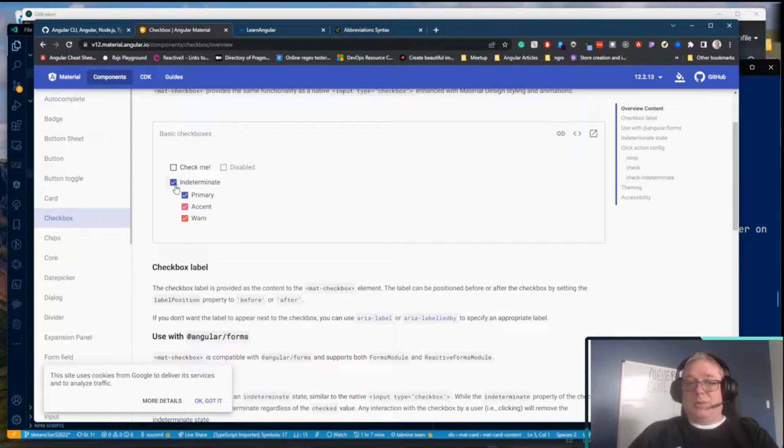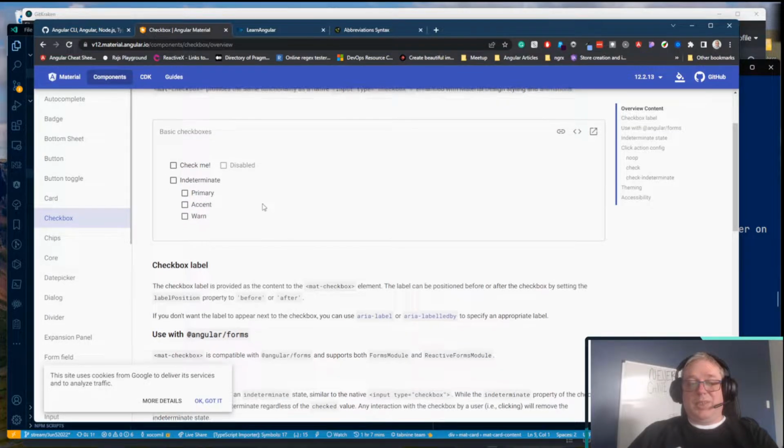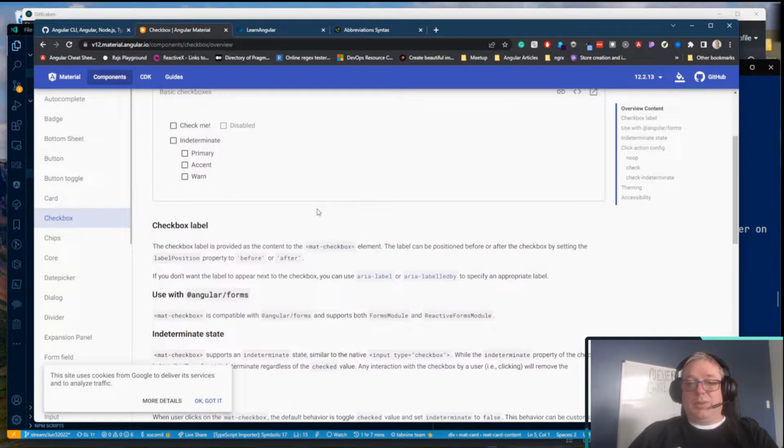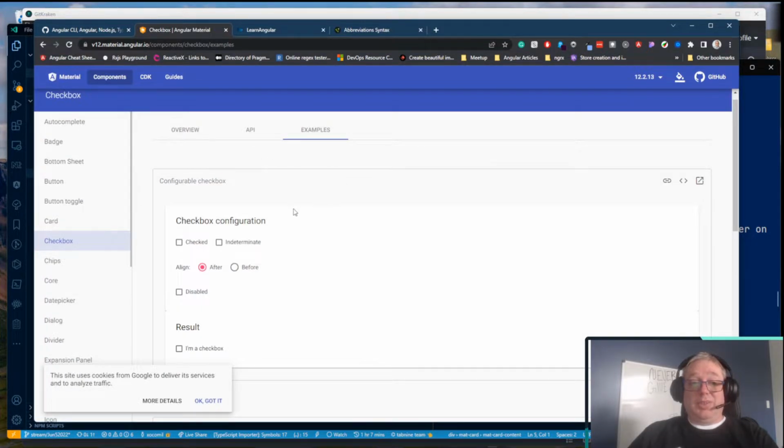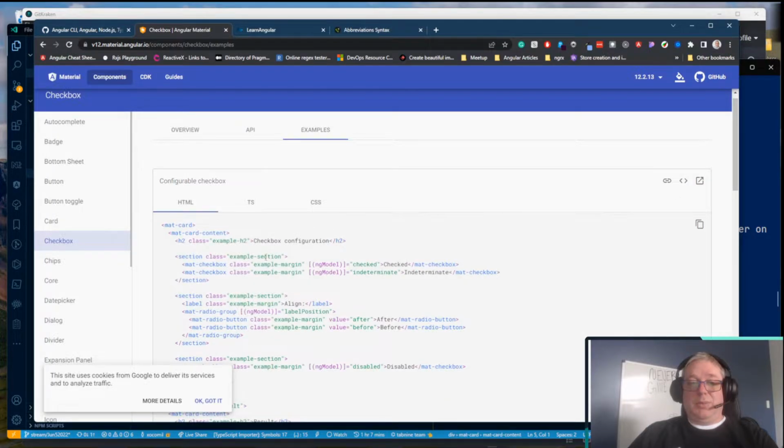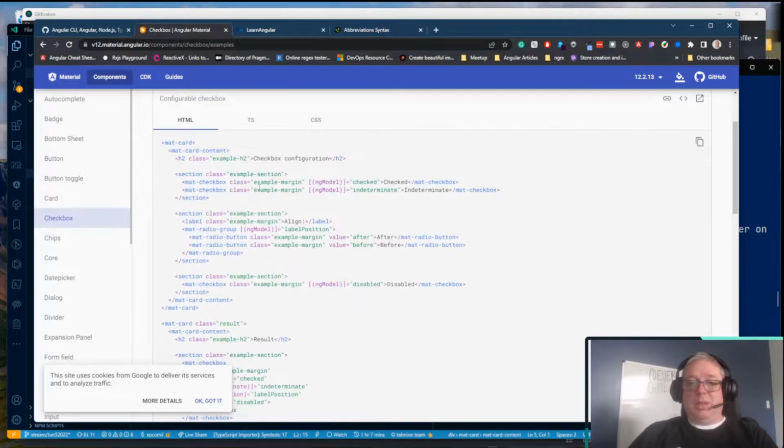You know, eventually we'll probably want to check all or uncheck all, things like that. So it'd be really cool if we could do stuff like that. How do we do that? Again, we go look at the examples and we look in the code. Down here, we've got a section, and inside of the section, we've got mat checkbox. Sweet, super simple. So we'll add this mat checkbox. We'll bind it to our models,